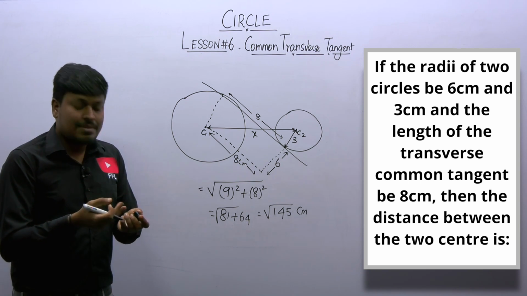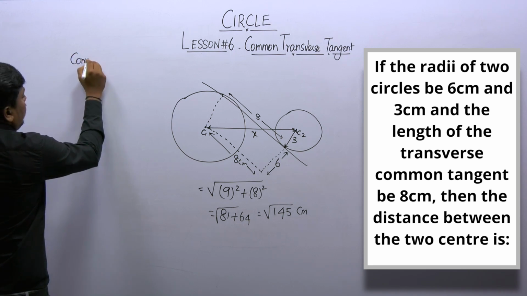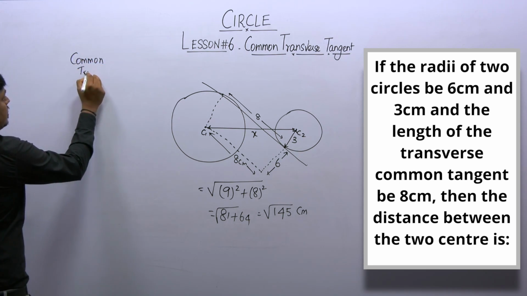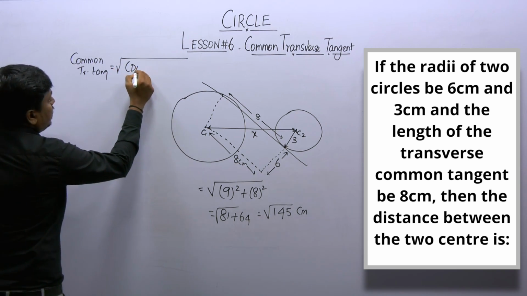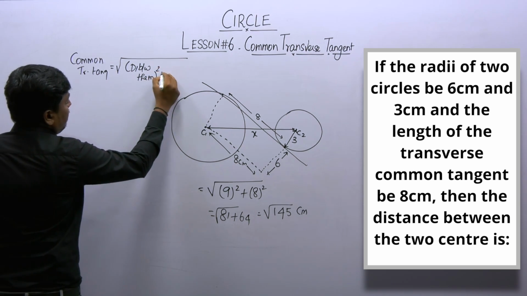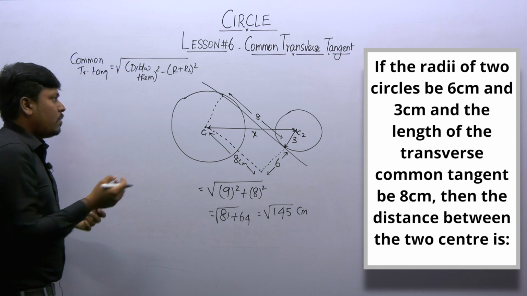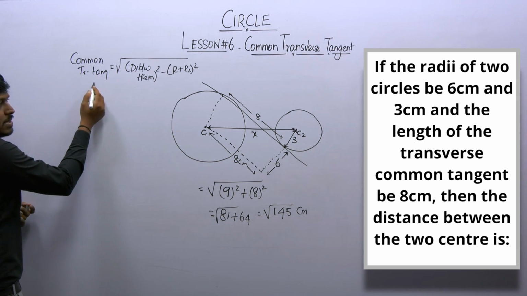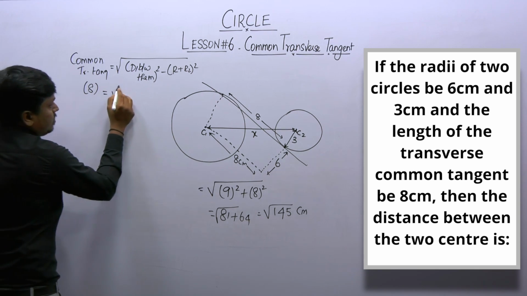If you want to solve the same question using the formula method, you can. The formula that I have taught you for the common transverse tangent is equal to square root of the distance between them, the whole square, minus of R1 plus R2. If you have learned only the formula method, then you know the common transverse tangent length is directly given in the question itself, that is 8, equal to root of,